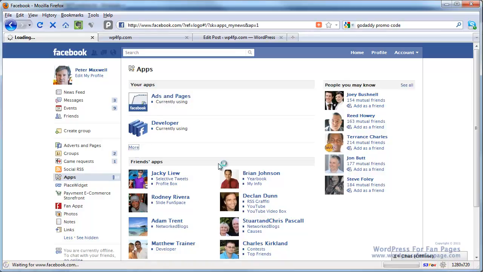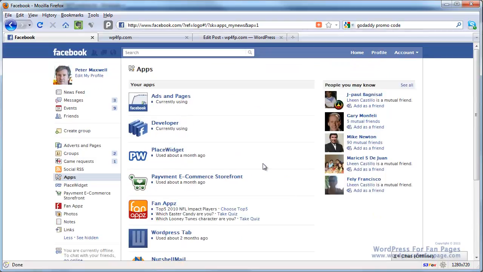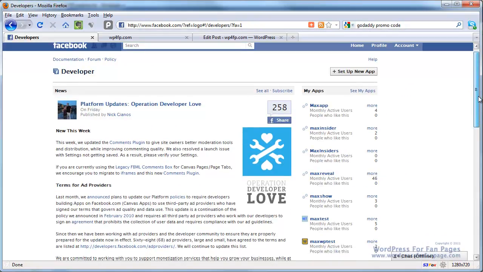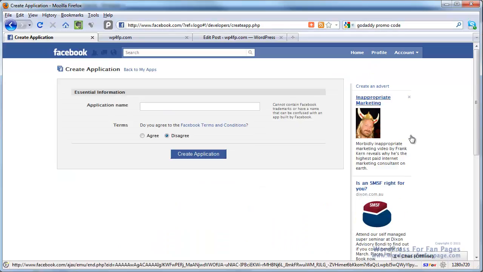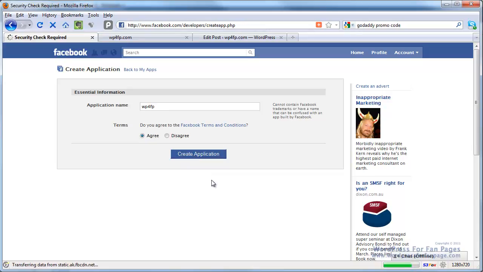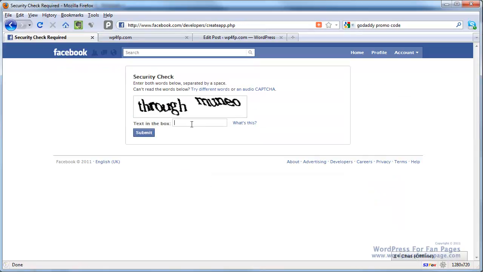You need to get to the developer app, so there are options here on finding more, so you can search for them. In this instance I'm just going to use the developer app, and I have a number of apps that I've played with and set up. I'm going to create a new one, so I'm going to set up a new application, and I'm going to call it WordPress for fan page. Agree. It asks me for a captcha now,